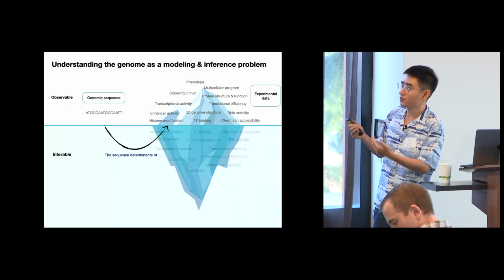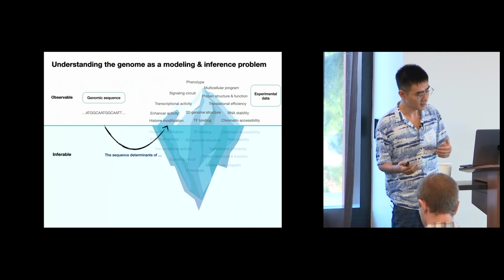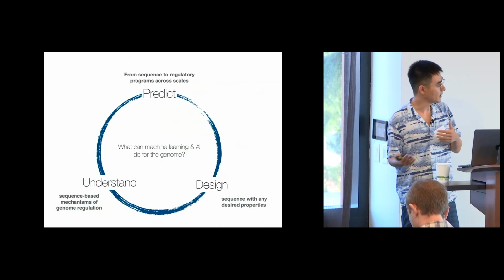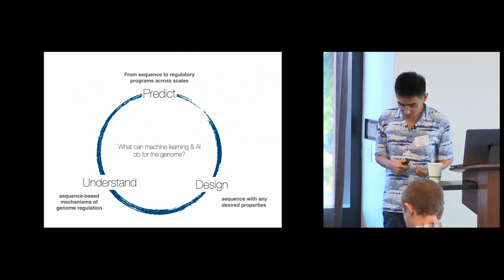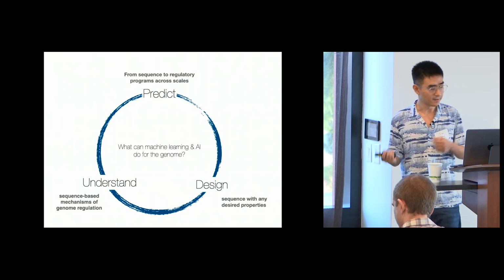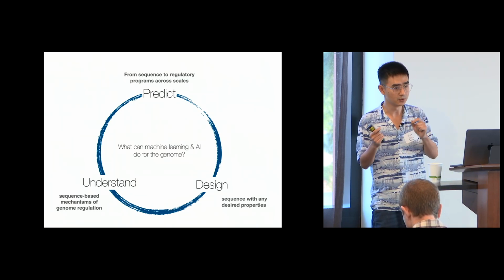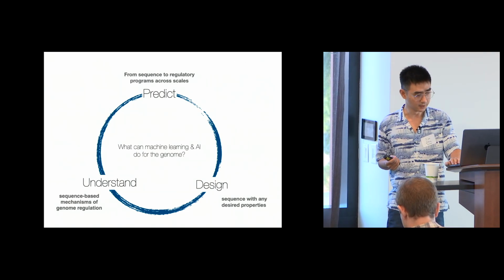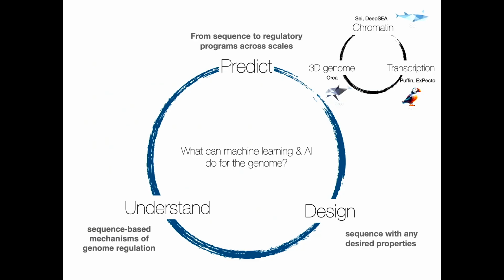In the space of capturing the dependencies between the genomic sequence and its activities, I think of 3 main directions that we explore. The first direction is, of course, prediction. We want to go from the genomic sequence to predict its activities. It's also where I started from, and in the past, we've done a lot of work developing sequence-based models to predict various kinds of genomic regulatory activities. As we build those models, we think they are great tools for us to understand the underlying mechanisms of genome regulation. But I also gradually realized that just having a predictive model,